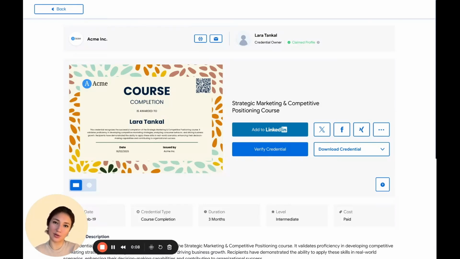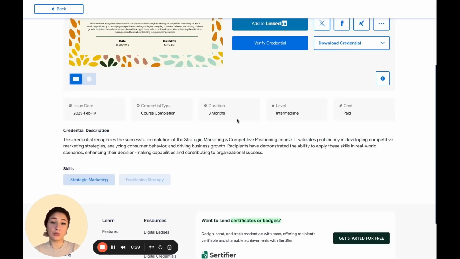I walk you through the complete process of issuing digital credentials using Sertifier. But first, let's answer the question, what is a digital credential? A digital credential is a verified record of achievement that includes important information such as the issuer organization's information, the name of the recipient, the credential design, also including the credential details such as the type of the credential, description, and the skills that have been earned by the recipient. Digital credentials are designed to be shareable, verifiable, secure, and lasting, giving your recipients meaningful recognition that carries weight across